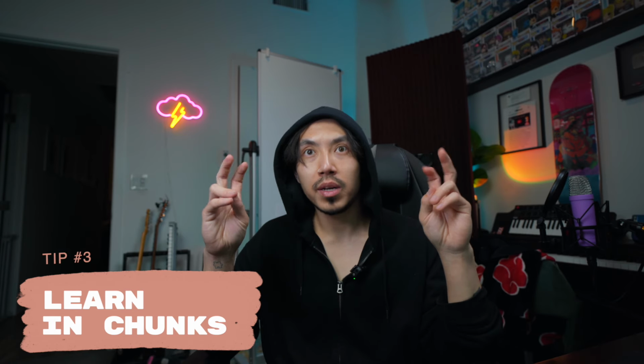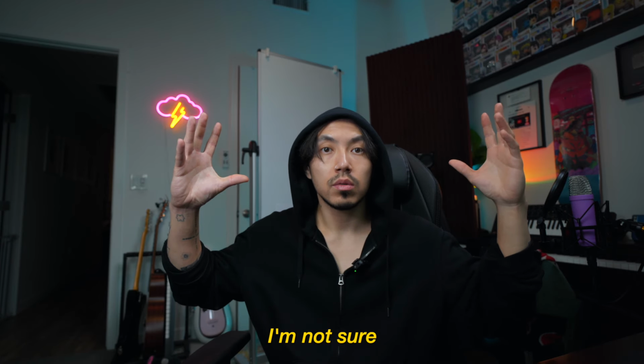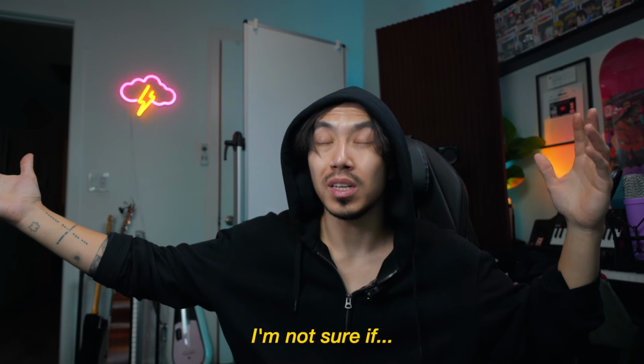Number 3, when you're learning English and learning new vocabulary specifically, focus on learning sets or bundles of expressions rather than individual words. That'll just make stuff much easier for you, and you will have a whole list of different pre-made expressions to pull from when you're talking or writing. For example, I'm not sure. I'm not sure. That's a whole thing. If you want to add a little more, I'm not sure if, and that's a whole template of an entire